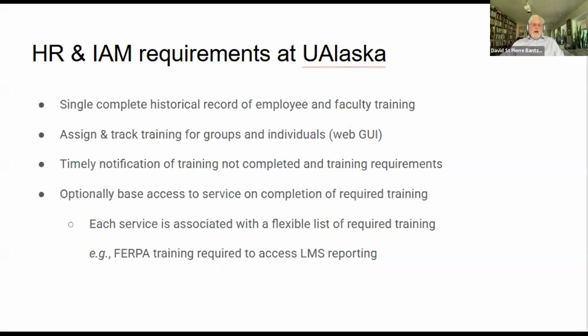We specifically were asked by a high-level steering committee to provide some way of monitoring and enforcing training requirements. So those requirements are laid out on this slide. We have a single complete historical record of employee and faculty training or other forms of compliance, some of which could even be self-attested. That we assign and track, so we provide a way for administrators to assign and track the training